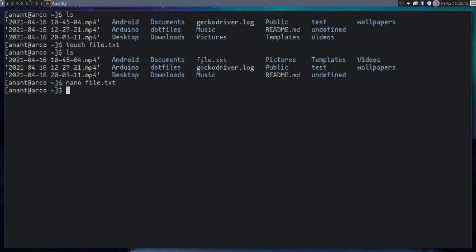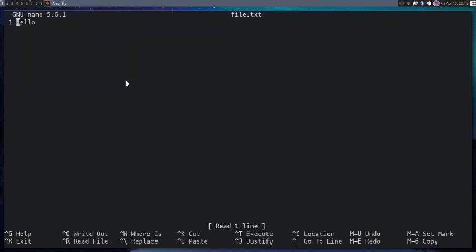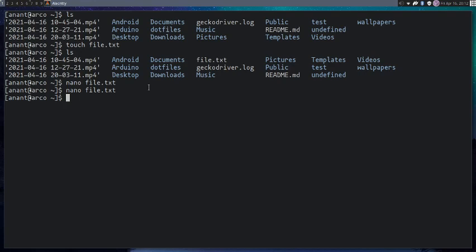Now if I want to see the file content, you can see it by opening it in a text editor. But if you don't want to open a text editor, you can see it by writing cat